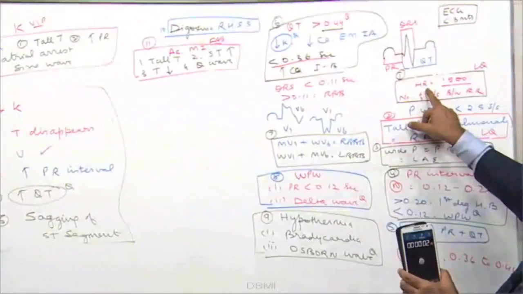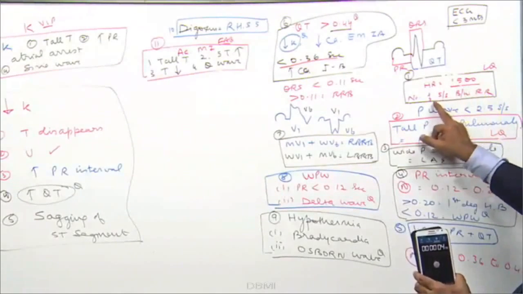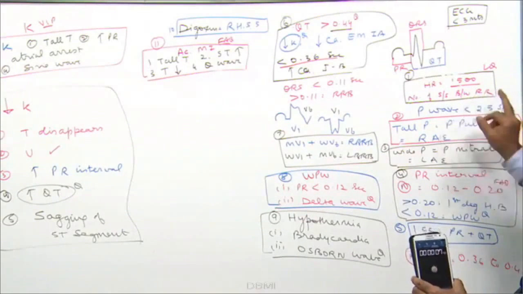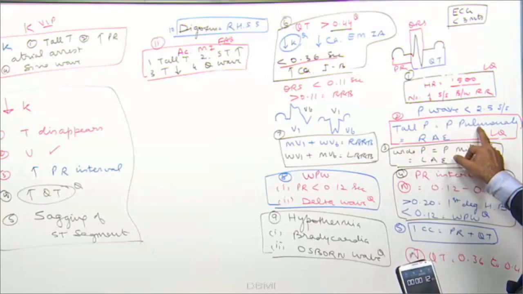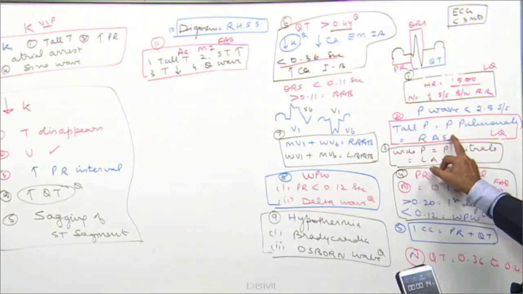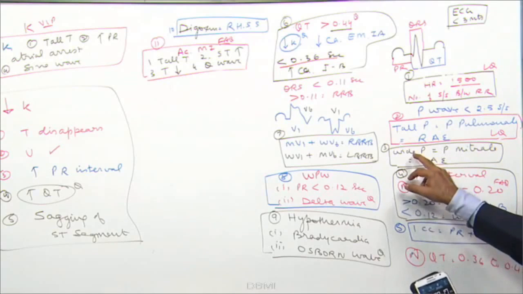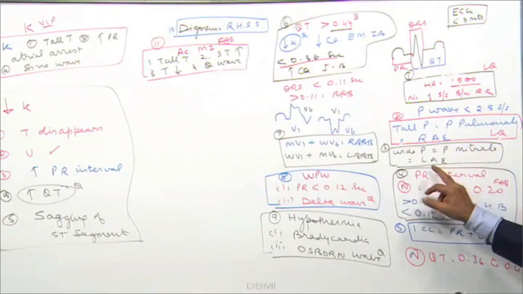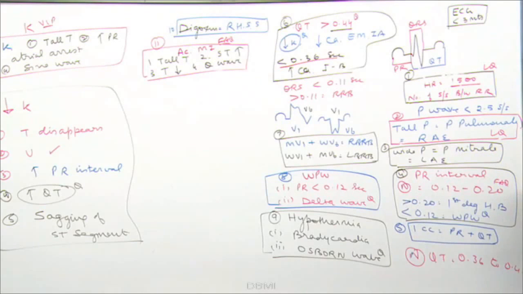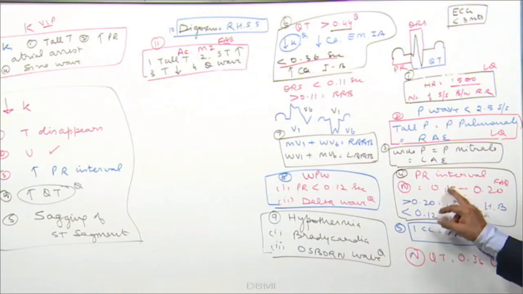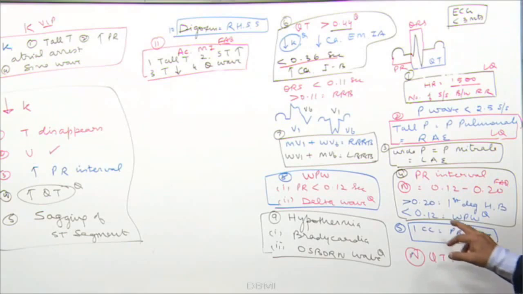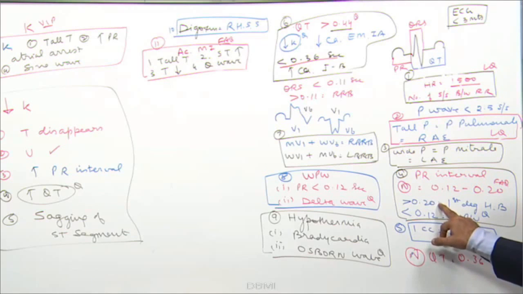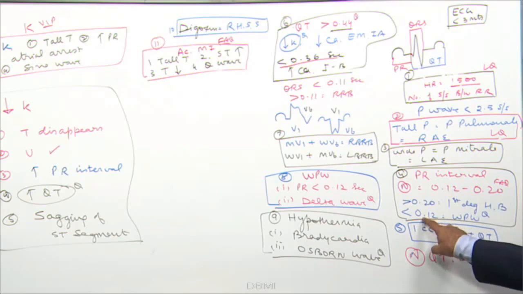How to calculate heart rate? 1500 divided by the number of small squares between RR. All of you listen, don't speak. Tall P wave is P pulmonale, that is right atrial enlargement. Wide P wave is P mitral, that is left atrial enlargement. Normal PR interval is 0.12 to 0.20 second. PR interval more than 0.20 is seen in first degree heart block, and PR interval less than 0.12 is seen